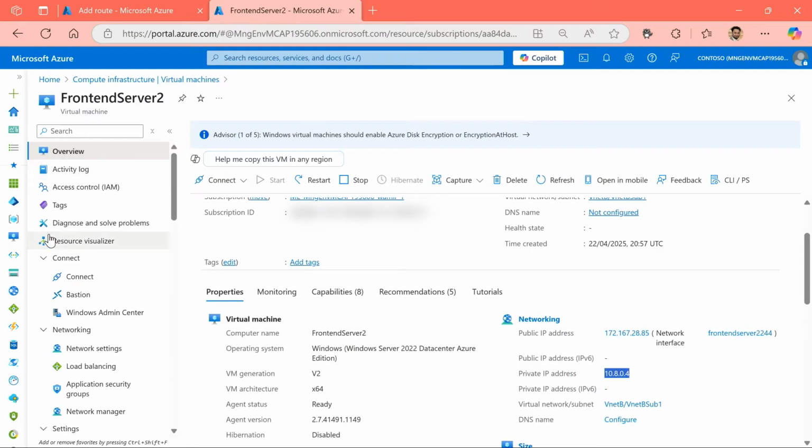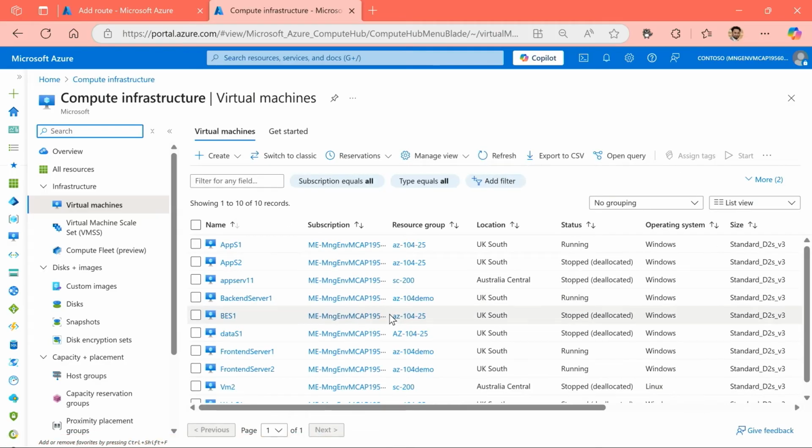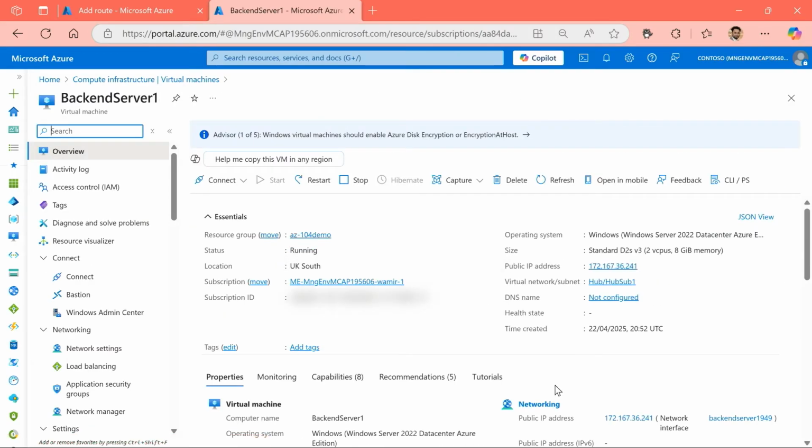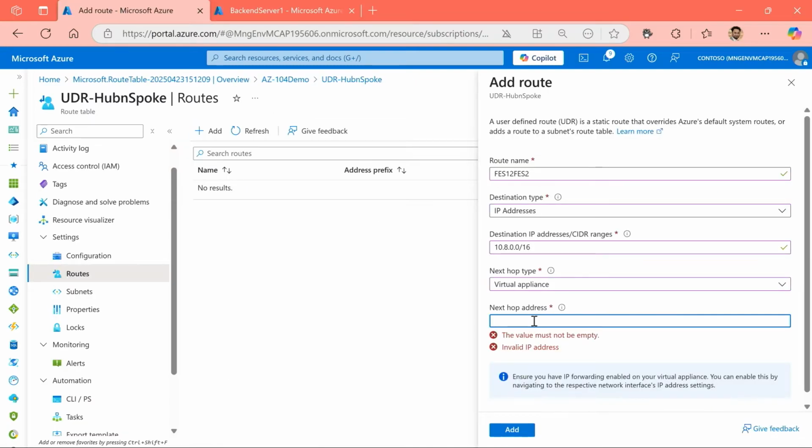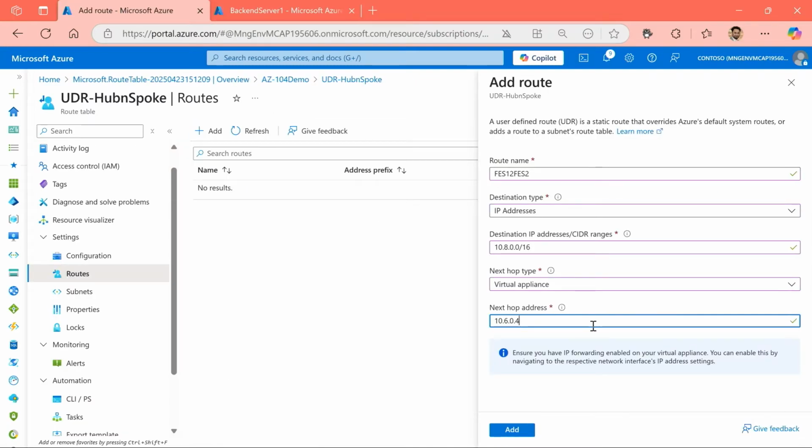For that, let's jump back into the other tab and go into my virtual machines one more time and pick up details from my backend server and find out the IP address for my backend server. Let's jump back into my settings and provide it with that detail here.